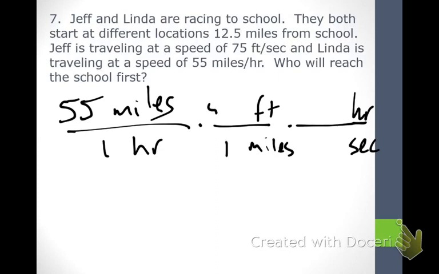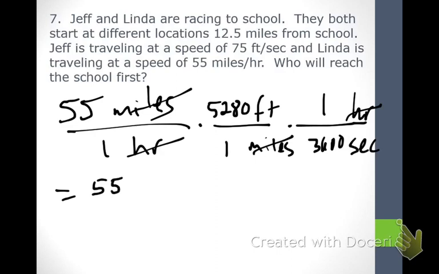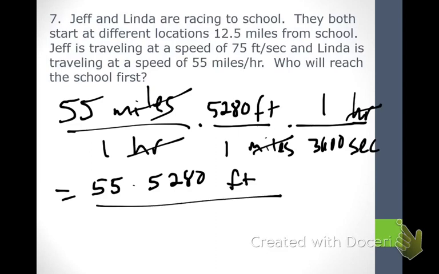Right? So 1 mile is 5,280 feet. 1 hour is 3,600 seconds. So now our miles will divide out, our hours will divide out. 55 times 5,280 will give me feet. 1 times 1 times 3,600 will give me seconds. And so now when I multiply that out, 55 times 5,280, and then divide that by 3,600, you get